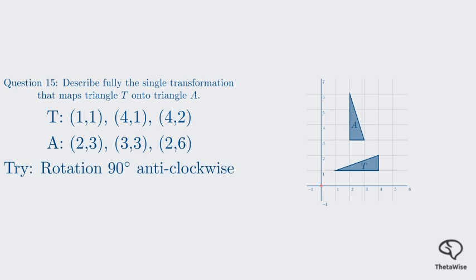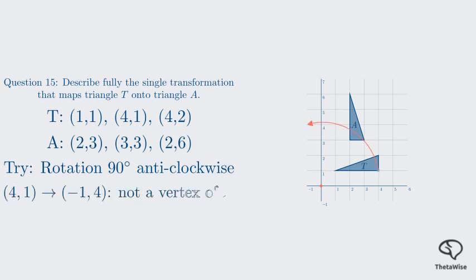To find the center, we can use the perpendicular bisectors of the lines connecting corresponding points, or use trial and error with tracing paper. Let's test the origin, (0, 0). Point (4, 1), rotated 90 degrees anti-clockwise about 0, becomes (-1, 4). This does not match. The final correct description for this specific graph is a rotation 90 degrees anti-clockwise about the